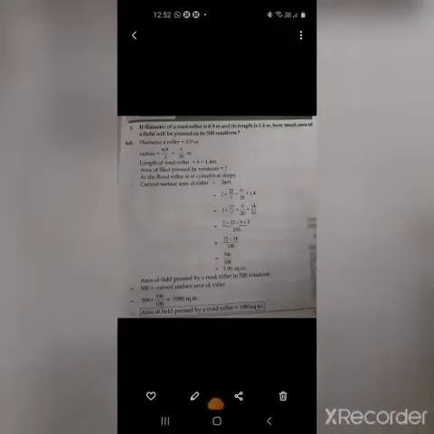The next example: the diameter of a road roller is 0.9 meter and its length is 1.4 meter. How much area of a field will be pressed in its 500 rotations? First of all we will have to know road roller is of which shape. Everybody must have seen the road roller. It is the shape of a cylinder. So we will have to recall all the formulas related to cylinder. As the ground is getting pressed by its curved surface area, we will have to concentrate on its curved surface area.